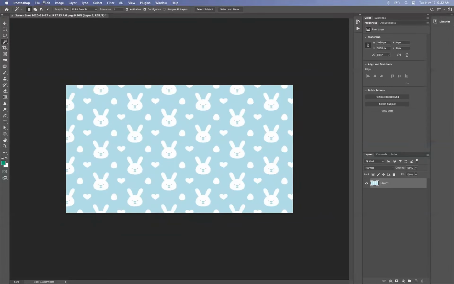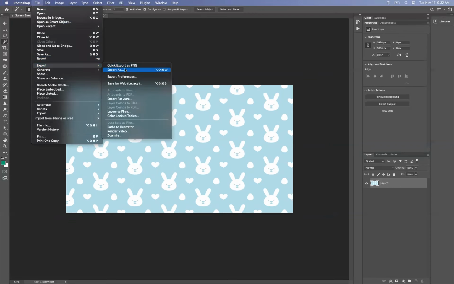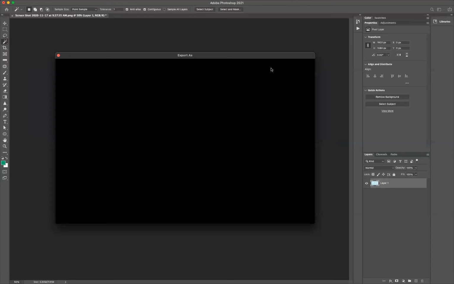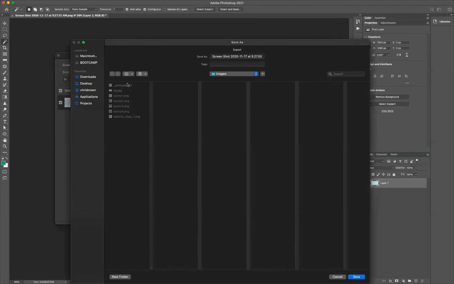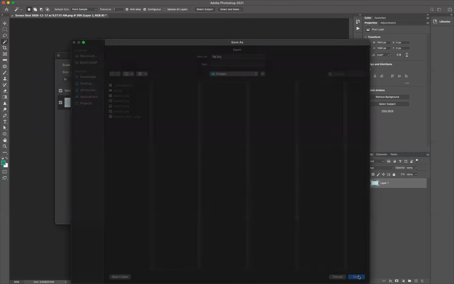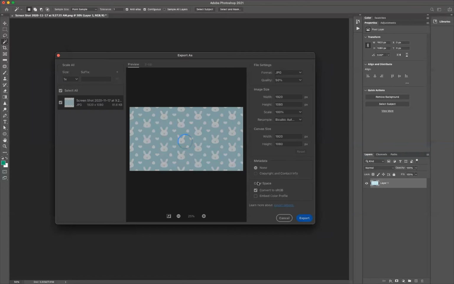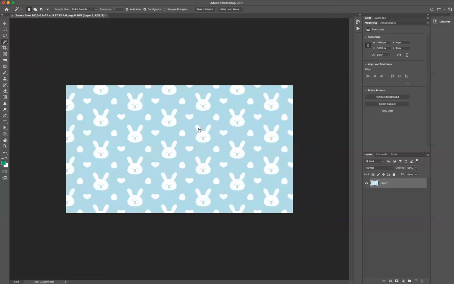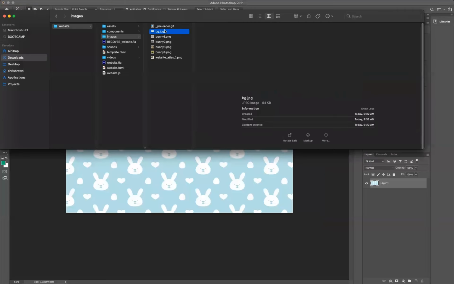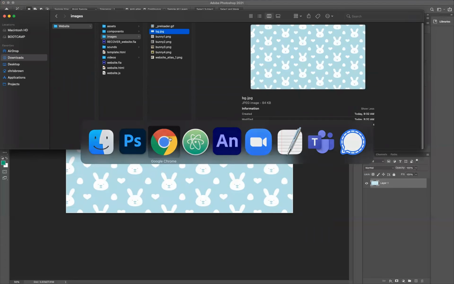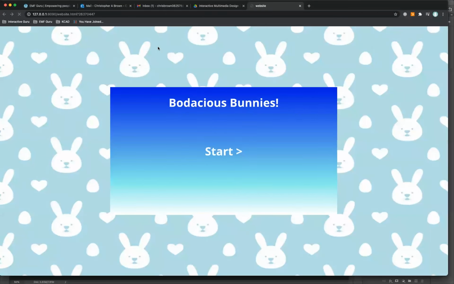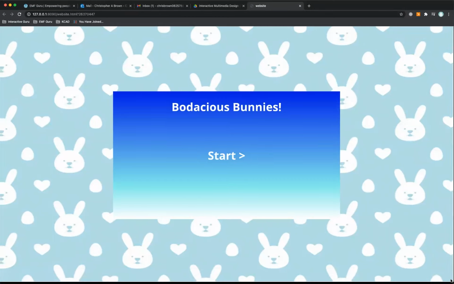Again, I'm gonna go to File, Export, Export As, make sure it's a JPEG, has some compression on it. So even though I made it HD size, it's still less than 100 kilobytes, which is great. So I'm gonna export this, overwrite my background.jpg file here. All right, and it's in there. So now if I look at my Finder, now I can see my background image is much bigger. And all I have to do is go refresh in here, and poof, now I have a big background that